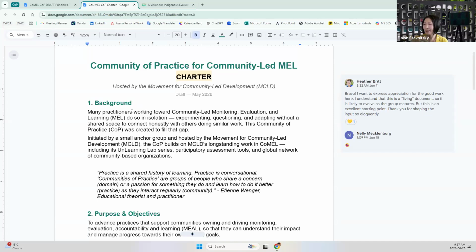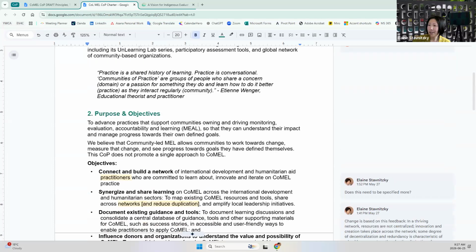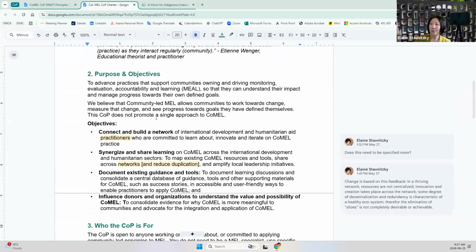And that this is hosted by the Movement for Community-Led Development. And the purpose really is to advance that practice of learning together. We will have some sessions in the future where we can focus on some of these questions, where it's like, let's just brainstorm and, through our collective ideas, what do we think at this point in time? And so it's really to build this network where we can learn from one another, and not just in this